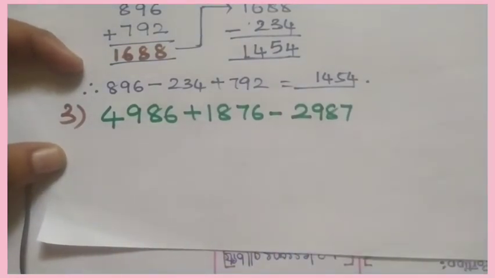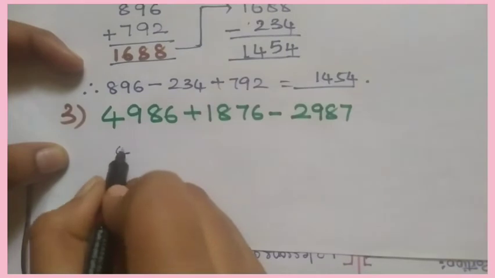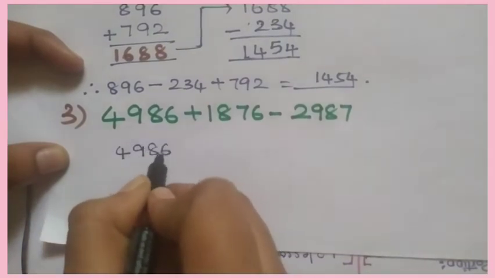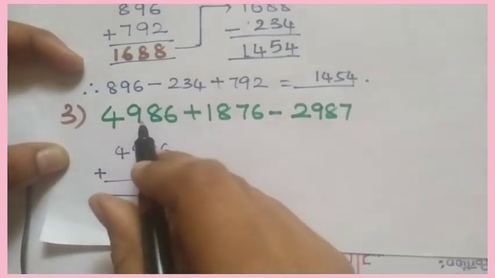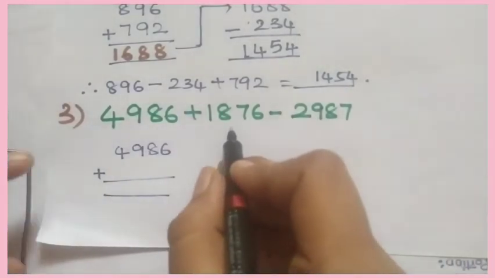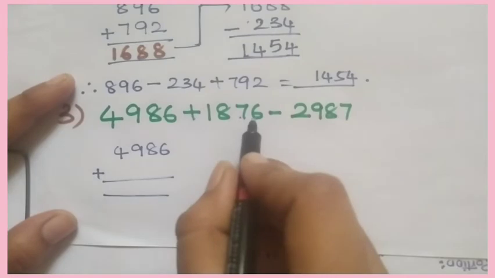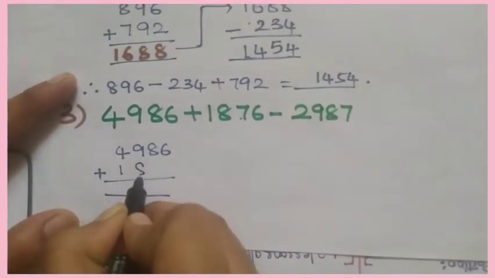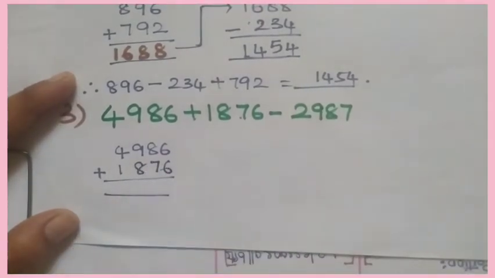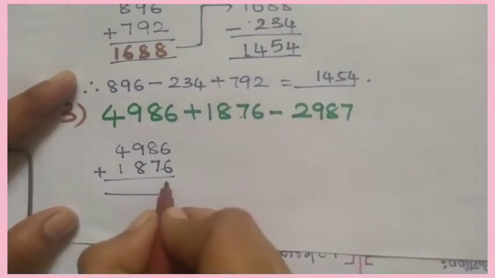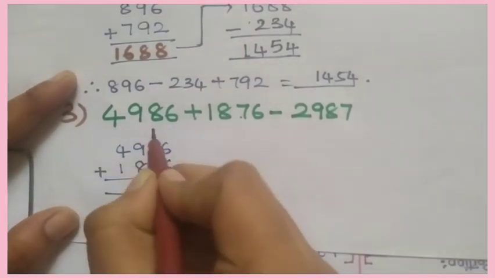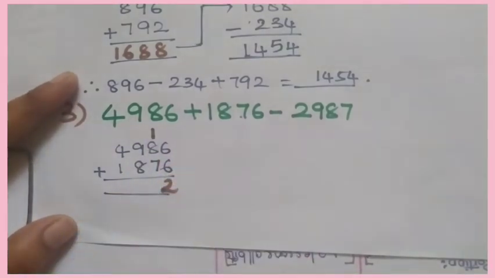Okay, same as this, we'll write first number here, 4986, then we have to write the number which one is having addition symbol before it. Yes, it is having addition symbol, so we'll write here 1876. Now do addition. Okay, 6 plus 6, 12, 2 here, 1 carry, 1 plus 8, 9, 9 plus 7,